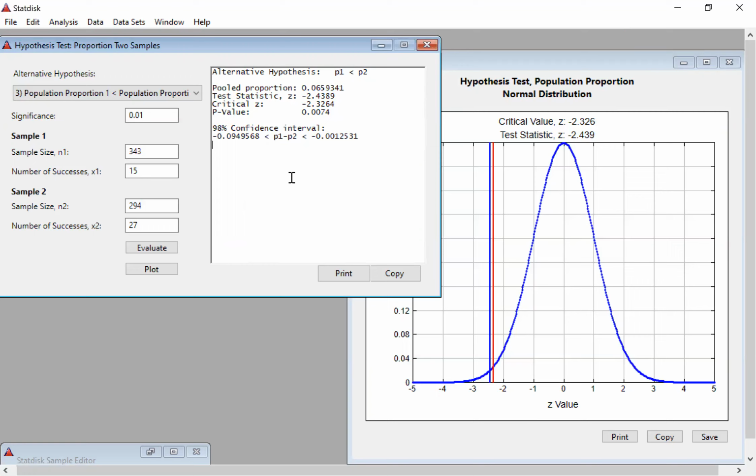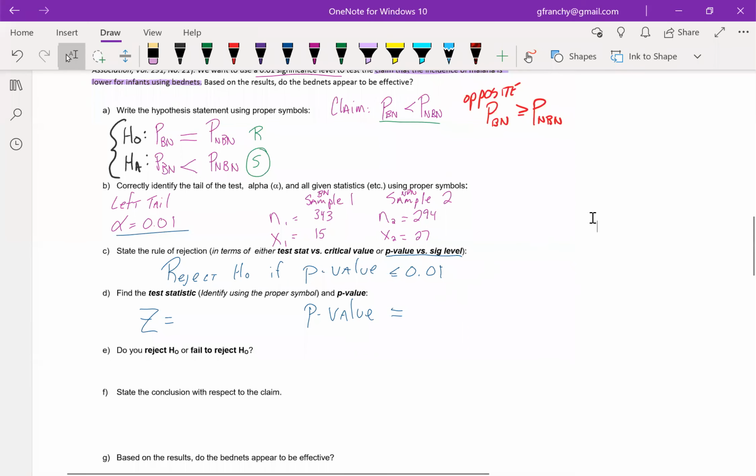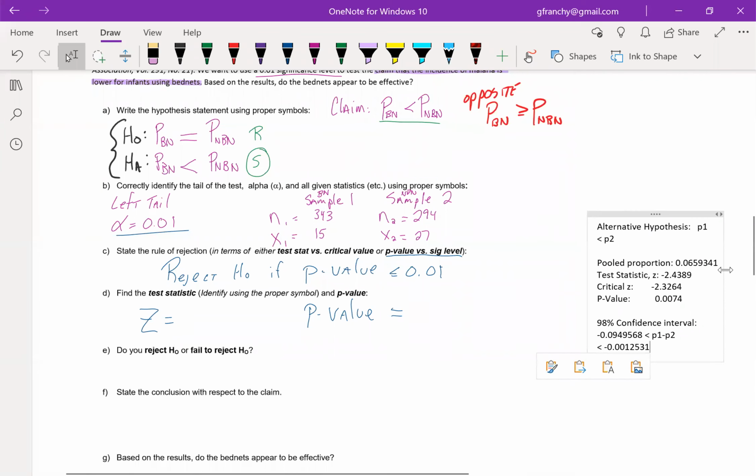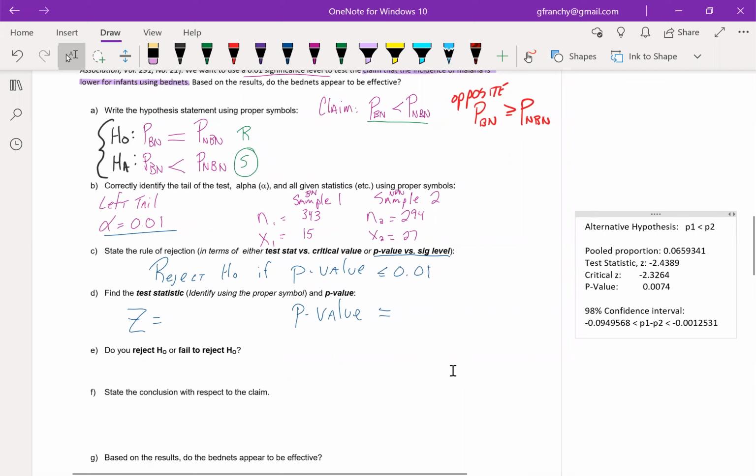We also, in terms of what we're looking at here, I think I'm going to go ahead and just copy this over. So let's head back to here. So our z-score was -2.439. We're just shy of 2.5 standard deviations below what we would expect if these 2 population proportions were the same. And our p-value is